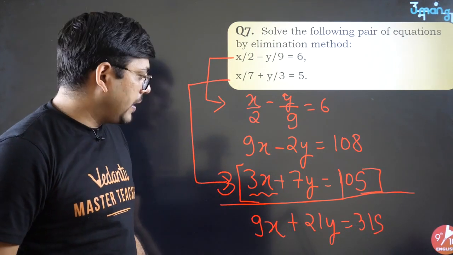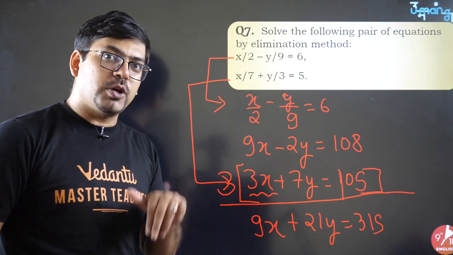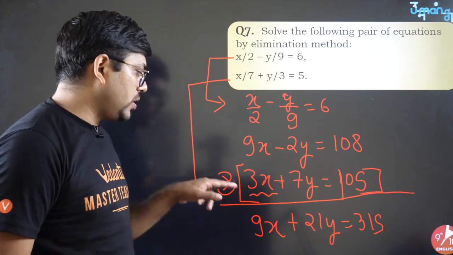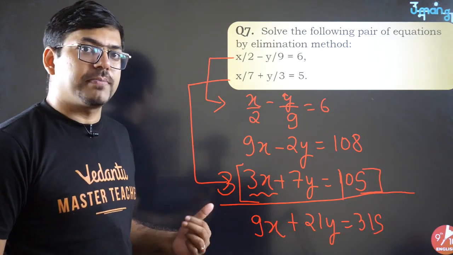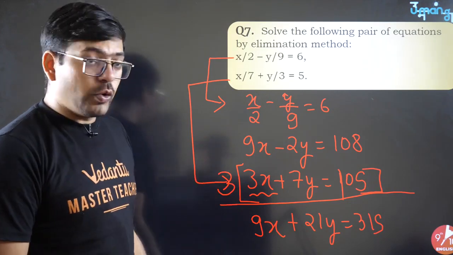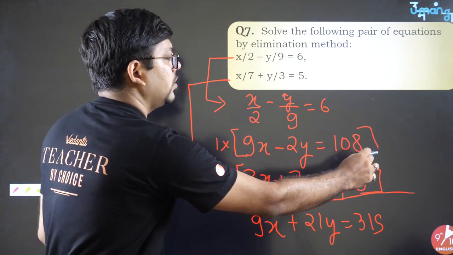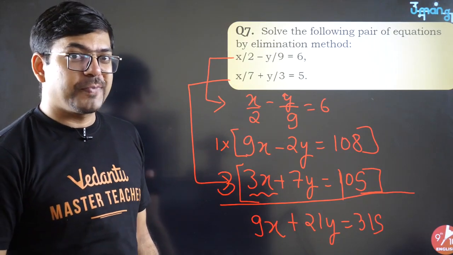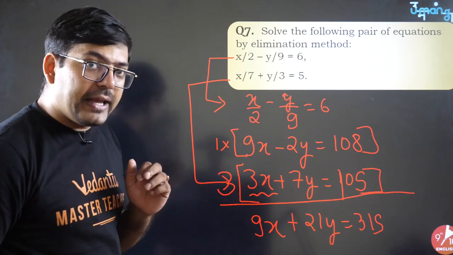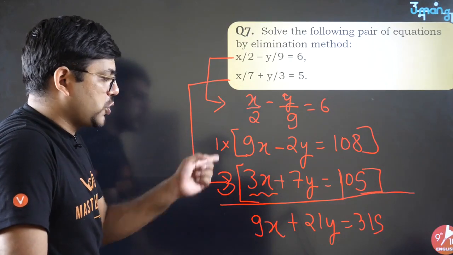So what happened right now is that the first equation already has a 9x, and it is possible to bring the other equation into this format just by multiplying the second one. I don't need to multiply the first one, or if you want to show it, you can say I have multiplied the first equation by 1 only, so it does not make a difference. So the idea is that you don't need to multiply crisscross every time.